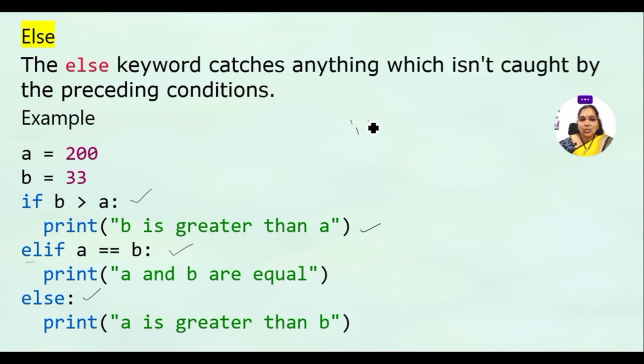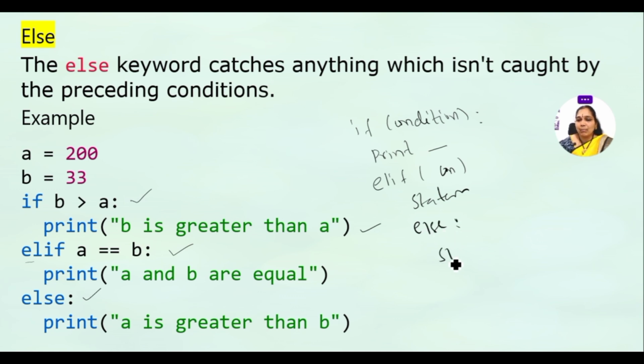So here first is the if and condition. We can write if condition followed by colon and pass some statement, that is nothing but printing some statement. If you want to check another condition, you can go for else if, that is, we pronounce it else if, but it is ELIF. Okay. And one more condition, we can pass the statement here, and else we can pass simply a statement. Like this you can use the else keyword to catch whether the preceding conditions are true or not. We can follow with the else statement.